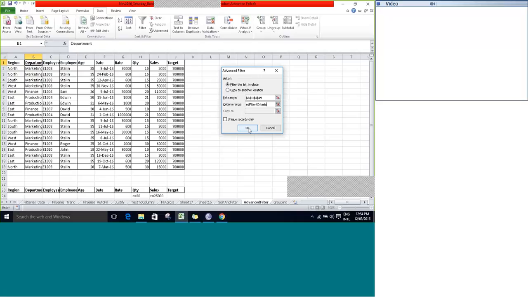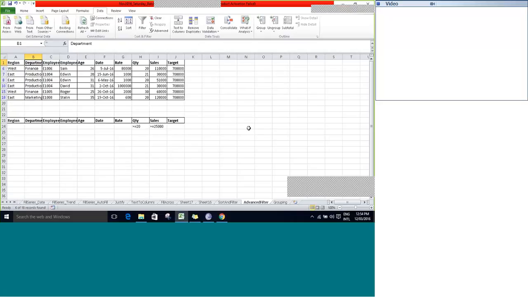And then click OK. Now you can see that the data is getting filtered and displayed to the user based on this particular option. The quantity should be greater than or equal to 20, as well as the sales amount should be greater than or equal to 25,000. This is one way, and the next way is